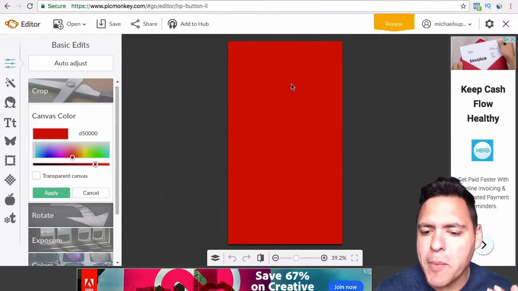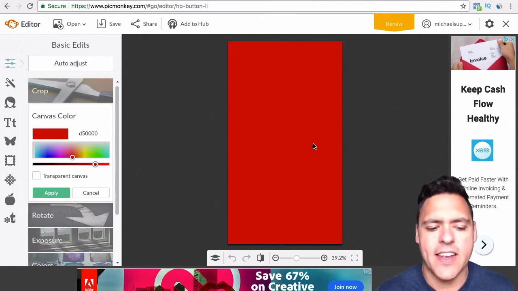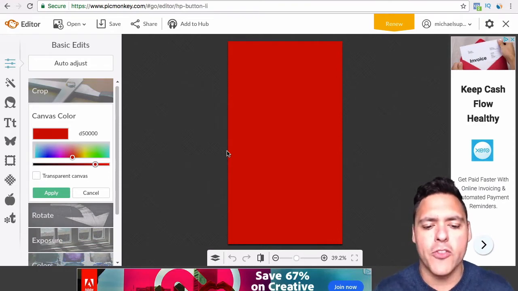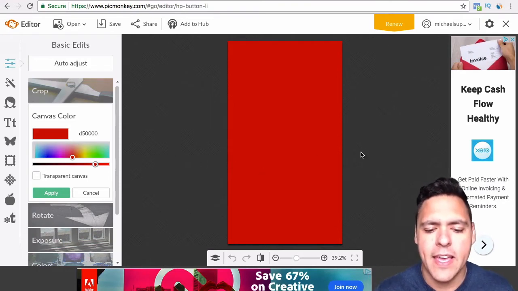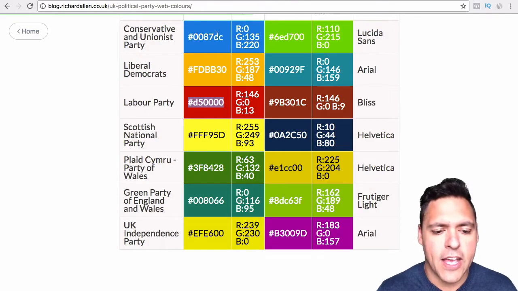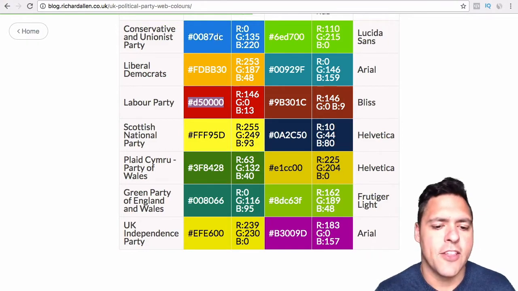Now we need the blue. However, we can't actually split this in half. It can't be done. You need another image to overlay on top of this one to get the different colors on the same image. Okay, so as you can see here, the Conservative Party, or the Tories, this is their